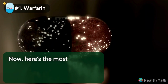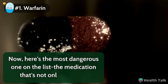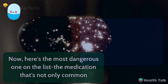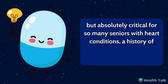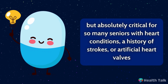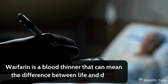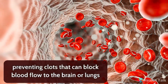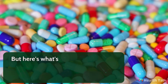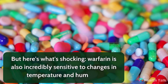Number 1. Warfarin. Now, here's the most dangerous one on the list. The medication that's not only common, but absolutely critical for so many seniors with heart conditions, a history of strokes, or artificial heart valves. Warfarin is a blood thinner that can mean the difference between life and death, preventing clots that can block blood flow to the brain or lungs. But here's what's shocking. Warfarin is also incredibly sensitive to changes in temperature and